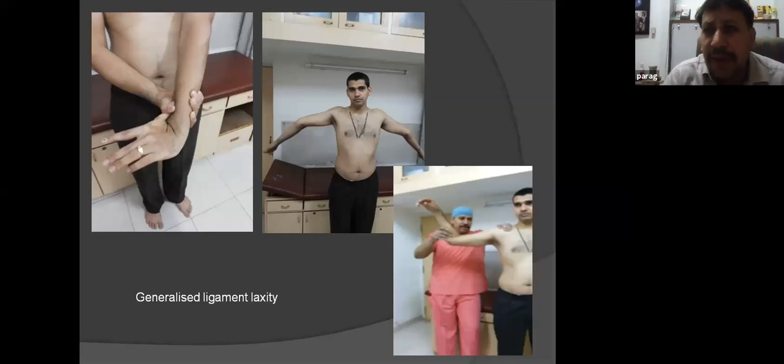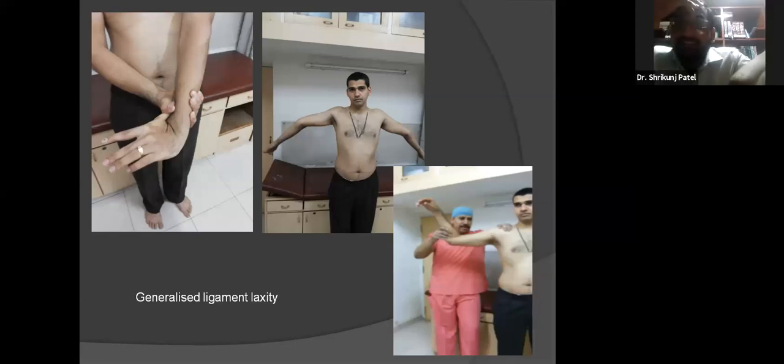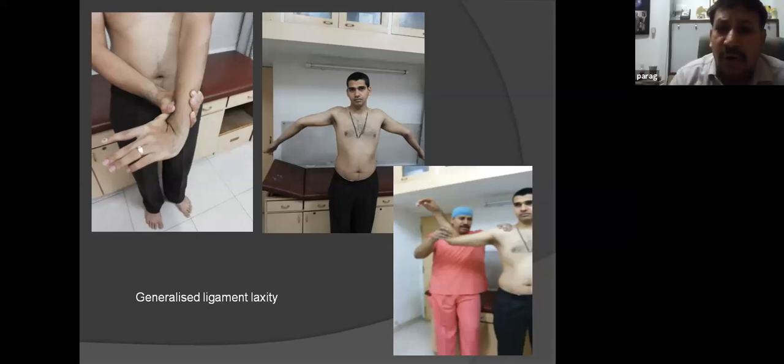It is very important that when you are looking at a patient of instability, you must look at ligament laxity. So this patient has Ehlers-Danlos syndrome. You have heard of Ehlers-Danlos? Yes, sir. It's a connective tissue disorder, but look at his amount of laxity. His elbows are lax. There is hyperextension to about 30 degrees on both sides. Look at the way his thumb is moving all the way down here, and I can just push his shoulder in and out. So this patient has a severe amount of laxity because of a connective tissue disorder, and these patients are very difficult to treat by just doing your basic labral repairs.